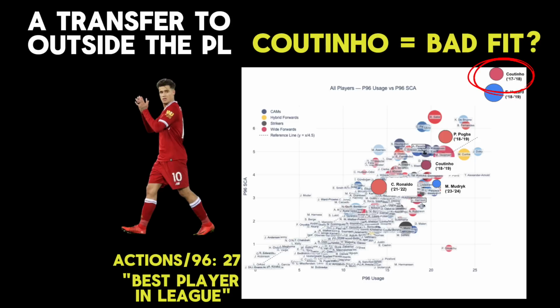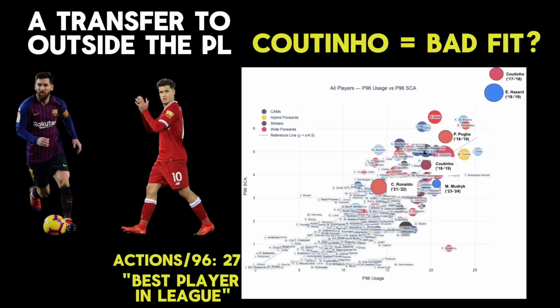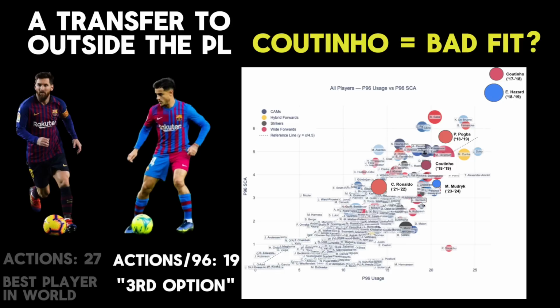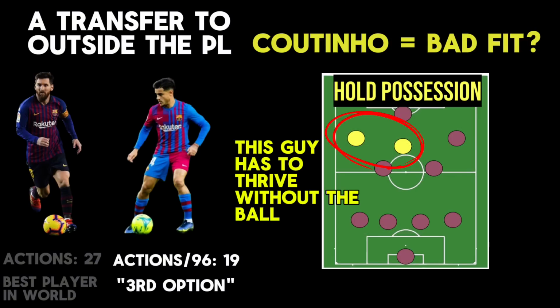And the problem is, when he gets to Barcelona, the guy is already there. So naturally, Coutinho has to scale back his usage. But it seems to me like he was just unable to adapt to playing that lesser role. Barcelona needed somebody who could play more direct and less like a playmaker on that left side.